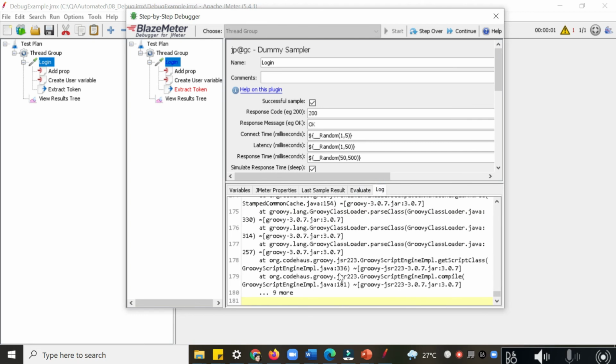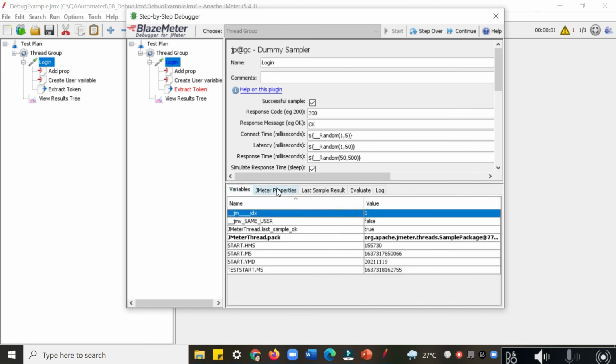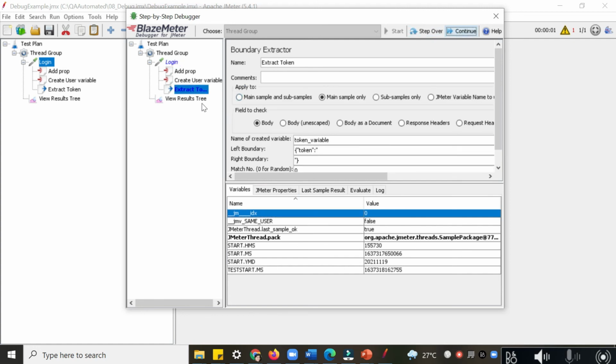We can also see the logs here. So these are the different fields which we can see. We can continue to the next step, and it will directly come to our breakpoint, right? So this way you can debug.